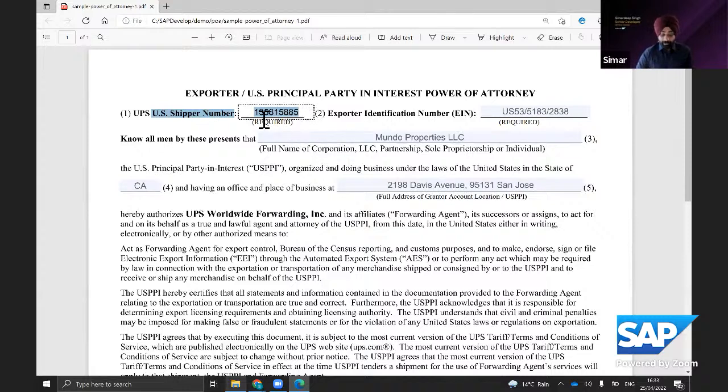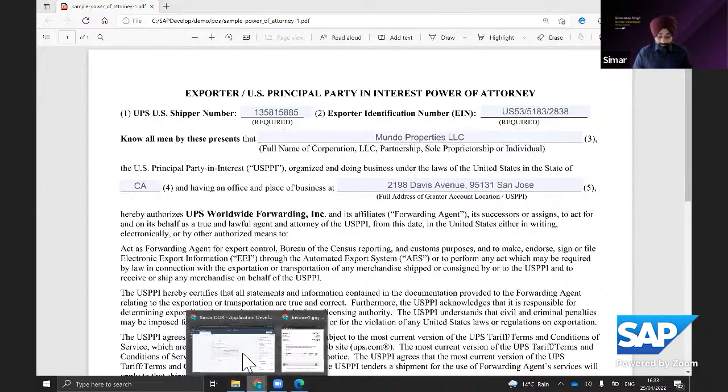So I would say I want to extract the shipper number, the EIN number, the name of the property, or the full address. All these values I want to extract from power of attorney documents. But how can I do it? You showed me how you can extract the data from a document, but how do we extract a specific field of the document? So we have the solution.